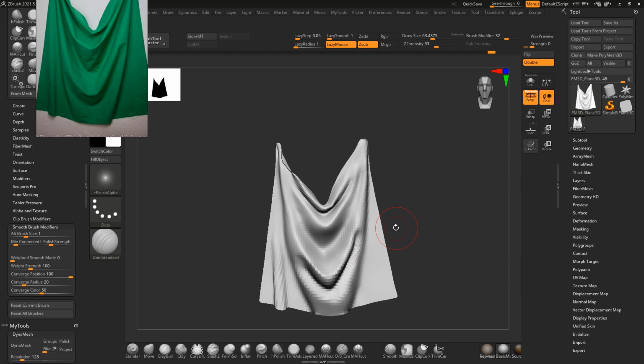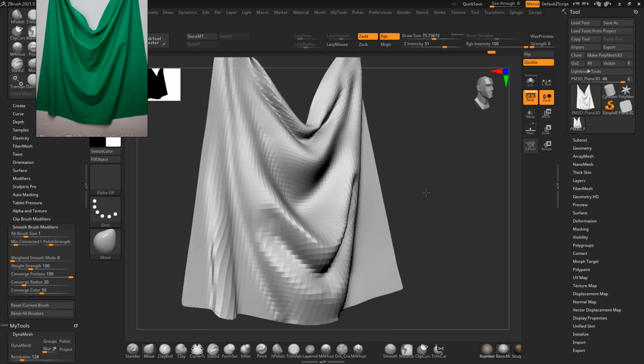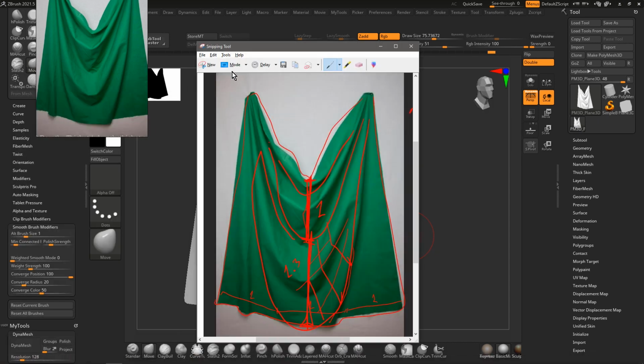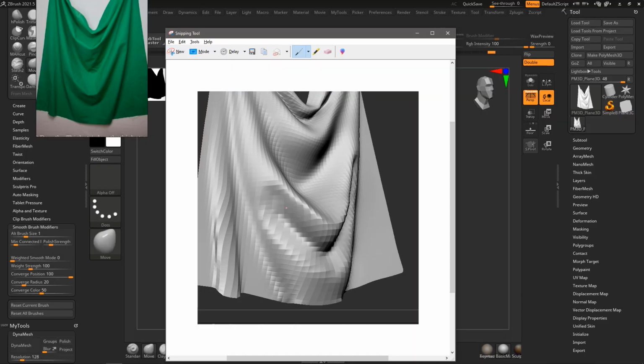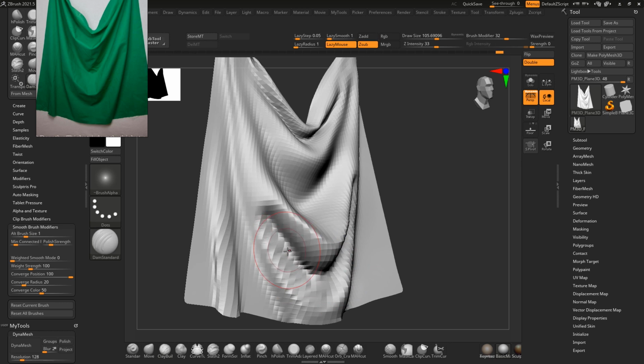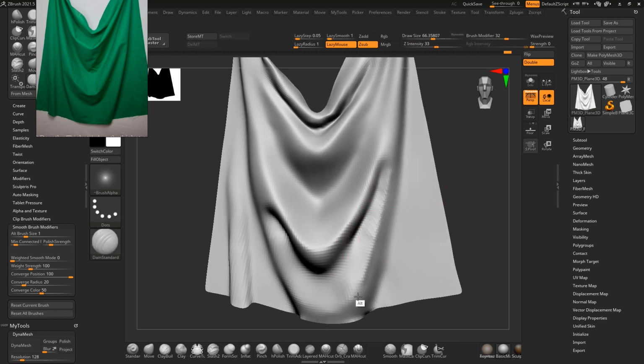Okay, it should be something like this. All right. Okay, let me show you something here which is important. The shapes here, I think it should be something like this, and I should push this area a bit more. I'm not sure if it is correct or not because I don't have any reference from the side view. I try to add it with my